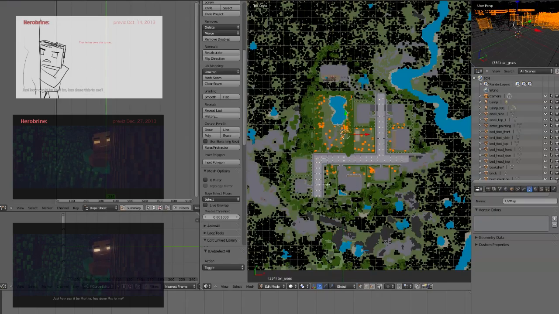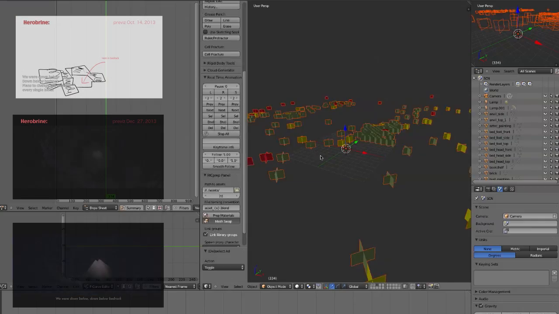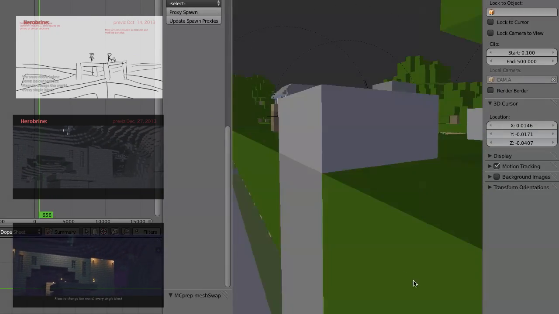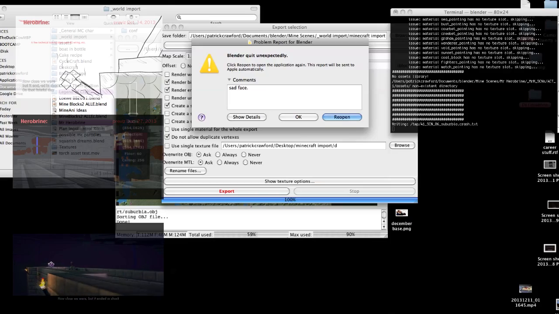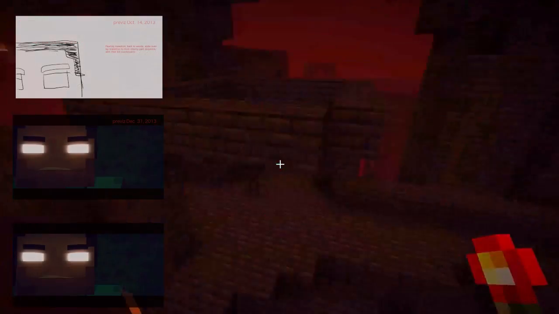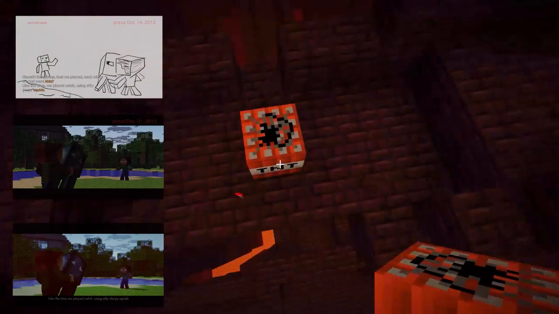I also developed a MC Prep add-on for Blender, which you're seeing demonstrated here, which converts standard Minecraft objects into 3D model data. It also has the ability to library link groups to have pre-animated lit and particle emitting objects. Sometimes the easiest way to make extra set effects was to do explosions and things in the actual set. So here you see an example of how I made the destroyed version of the bridge by actually destroying